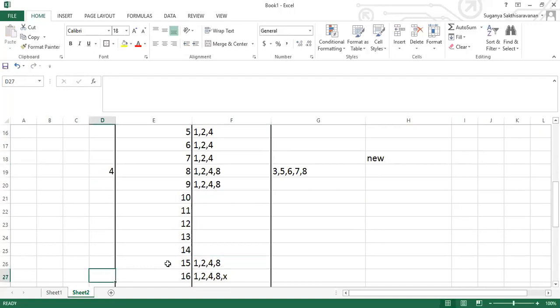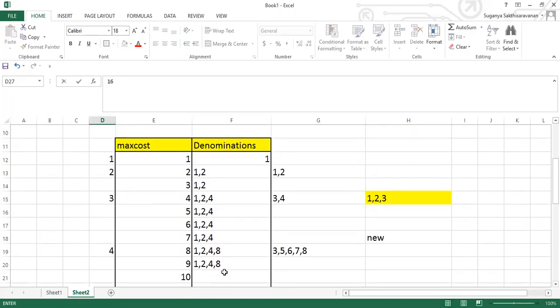Again, for 16 rupees you require 5 coins. This sequence, can you understand it? The number of coins keeps on increasing. At which point is it increasing? Okay, from this we can make an observation study here.